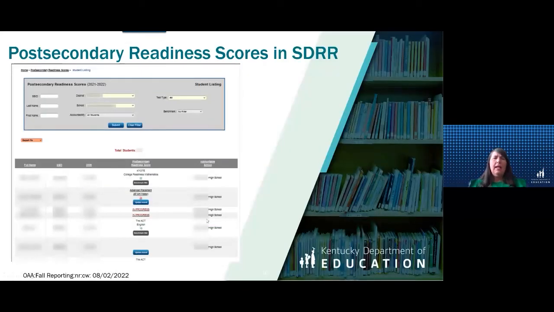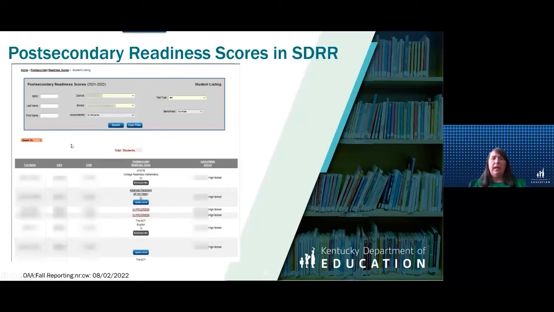Now, here's when you go to the post-secondary readiness scores, and remember this is for academic only, not for career, because career is done in TEDS. So you can see the SSID number. You can filter by all of this, find the student.